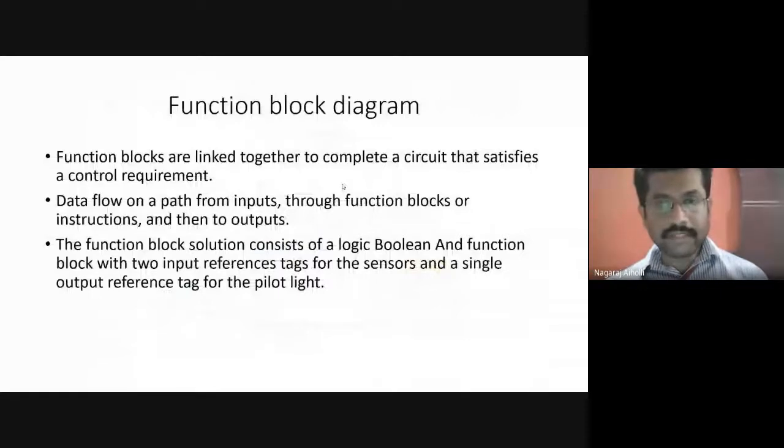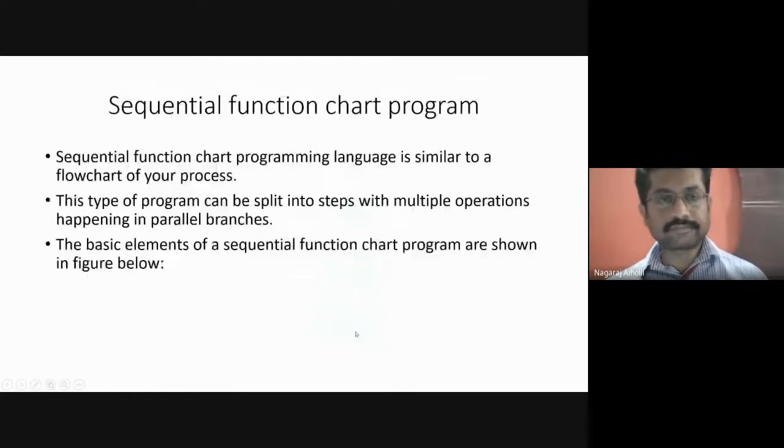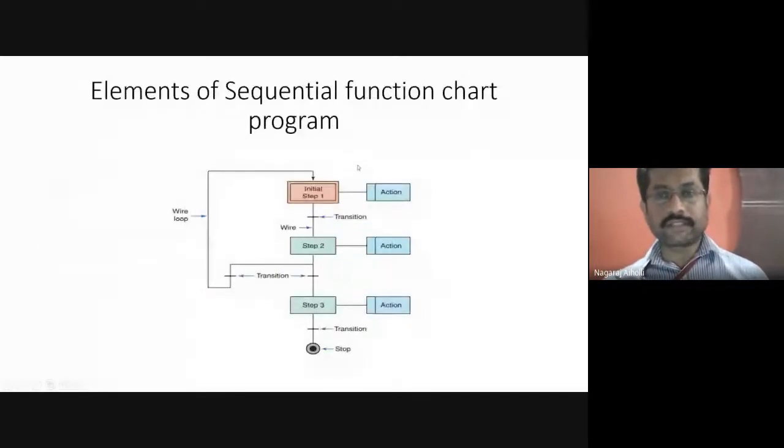These are the various functional blocks for the various logic. Series logic or AND logic, this is a function block. OR logic, this is the function block. Parallel logic, and series logic with the NOT function, we are using the bubble here at the input. This is our function block. Then the flowchart representation, that is a sequential function chart program where we are indicating the transition between each step and the action being taken. There is an if-else statement. That if-else statement is also implemented.